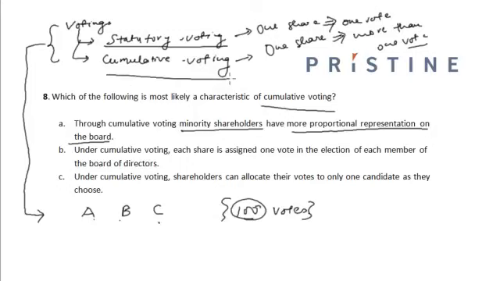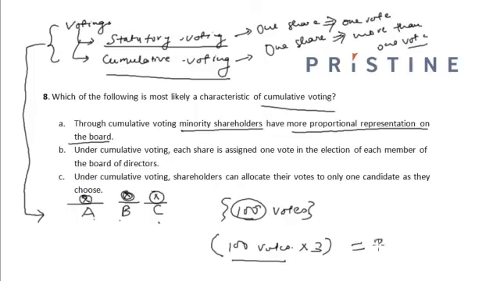However, under cumulative voting, he has 100 votes multiplied by 3, because there are 3 board members in the election fray. Hence, for each share, he can allocate one vote to each member. Hence, the number of votes which he can cast is equal to 300 votes. So in this case, as you can see, through cumulative voting, minority shareholders have a more proportional representation on the